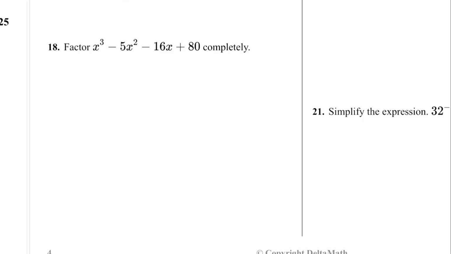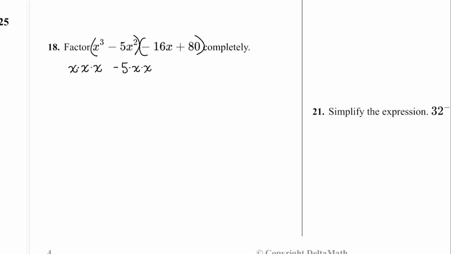Here is a cubic polynomial, number 18, factor x cubed minus 5x squared minus 16x plus 80 completely. We're going to apply factoring by grouping here. So we're going to group together the first two terms and the last two terms, and we're going to look to see what they have in common. Now, some students struggle here, so I'm going to write this out this time. I'm not going to write this out every time, but I want to show you guys how to figure out